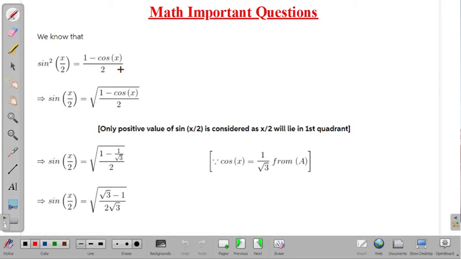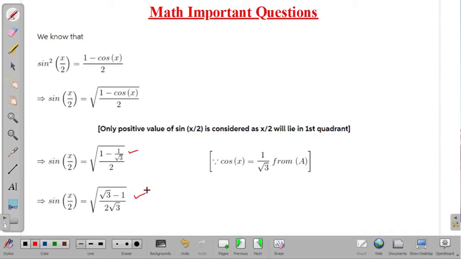and we know we have to find sin x by 2, and we know that sin square x by 2 can be written as 1 minus cos x divided by 2. Okay, so again, since x is lying in the first quadrant, so obvious is that x by 2 will also lie in the first quadrant. Okay, so sin x by 2 will be positive and it can be written as under root 1 minus cos x divided by 2. Substituting the value of cos x as calculated earlier, we will get sin x by 2 equal to under root,